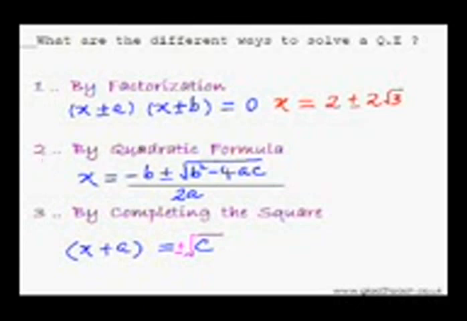Now, the advantage of the second method is that it can solve almost all the types of quadratic equations. But the disadvantage is that it is a slower method. That is, it has number of steps. And moreover, you have to always remember this formula. Now, the third method, that is by completing the square. It also works for all kinds of quadratic equations, and it works exceptionally well for these type of quadratic equations which have irrational roots. But again, it takes longer time, therefore should never be used to solve simple quadratic equations. Otherwise, we'll end up wasting lot of precious time.